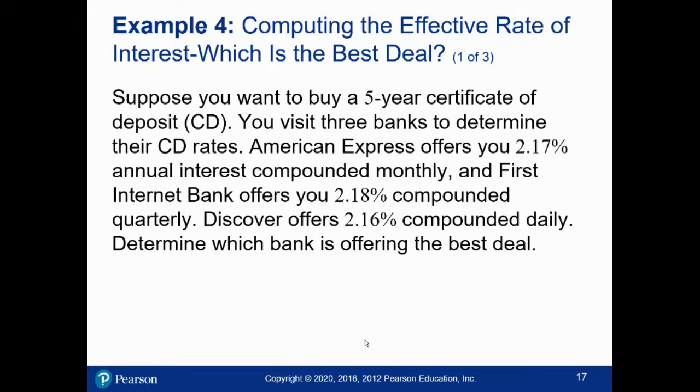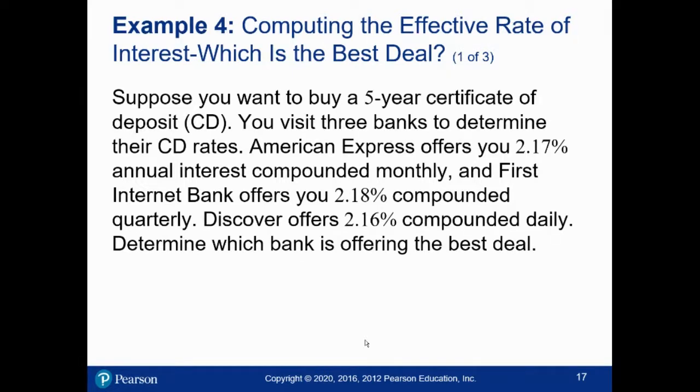In this example, it's a 5-year certificate of deposit. So you're guaranteeing the bank you are not going to take this money for 5 years. They will pay you interest, and what they end up doing is they take your money and they lend it to other businesses that they charge interest on, and then they use some of that interest to grow your certificate of deposit. This is how banks work. So you want to buy a 5-year deposit. You visit 3 banks. You get 2.17% monthly compounding, 2.18% quarterly compounding, or